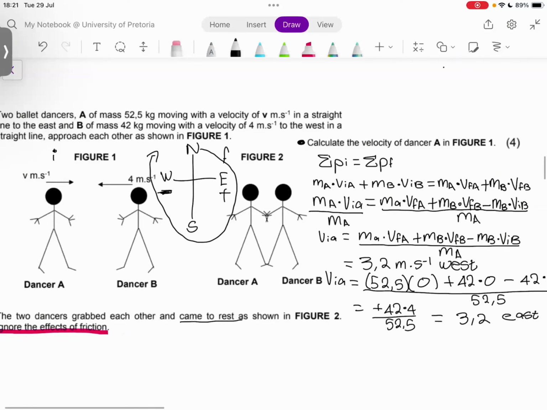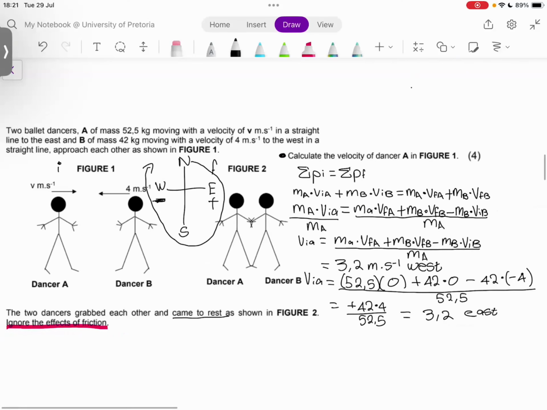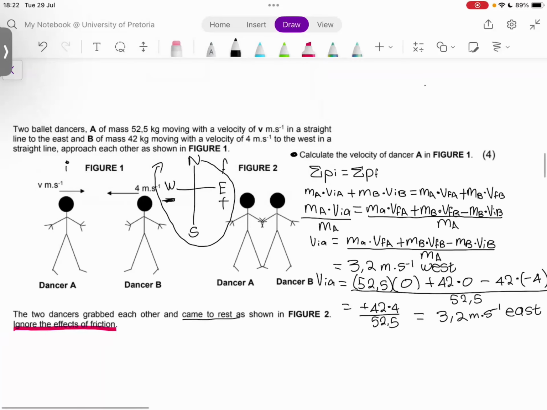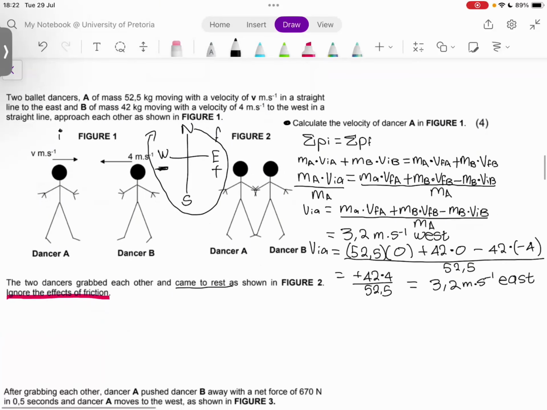Cool. Now that I'm done with that, I'd just like to check in with everybody. How are we feeling about this one? Okay, I'm seeing thumbs up. Hopefully everybody is on the same page and we can move on to the next question, guys. Oh, yes. Thanks for spotting. I do have to include my SI units. That would be meters per second. And I'm going to write my direction, which is east. Cool. Let's carry on.